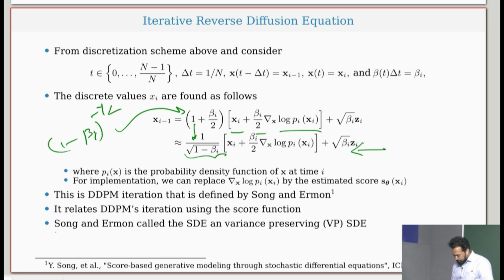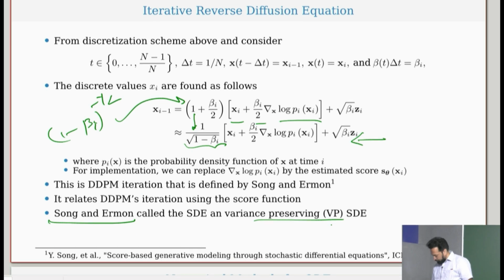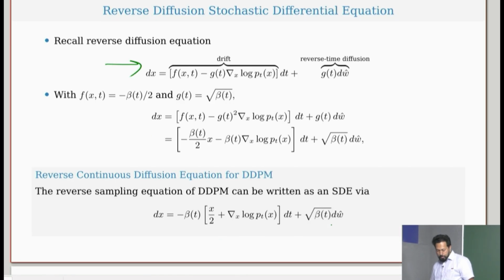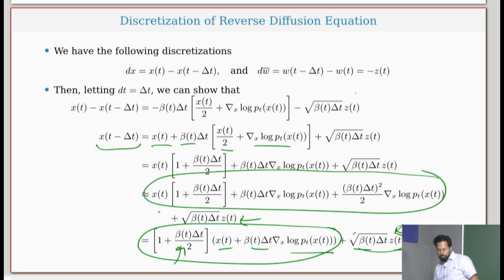So Song and colleagues call this way of computing the reverse variance preserving SDE. They were the ones who introduced this SDE variant. So the idea is, now that you have these continuous variants, forward and reverse, can you not use some